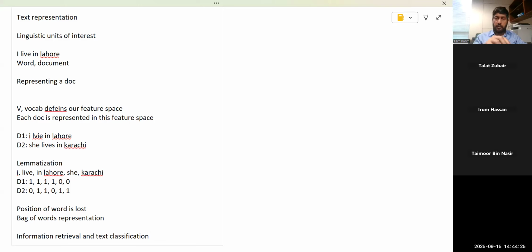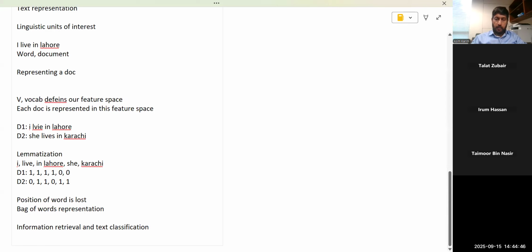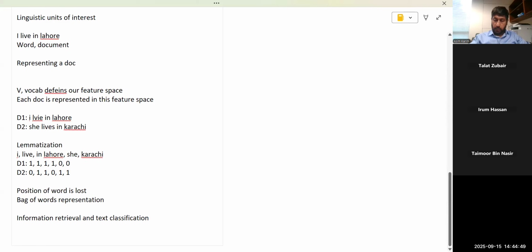Of course, these two applications would also work if you had a representation that maintained position. But as I said, for many applications of these tasks, a simple bag of words representation would be sufficient. ठीक है. Okay, now